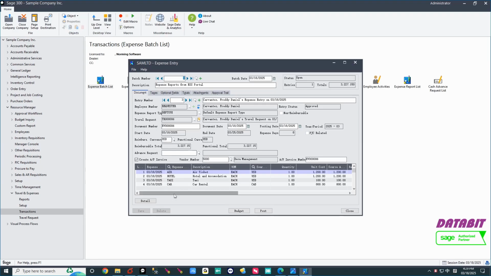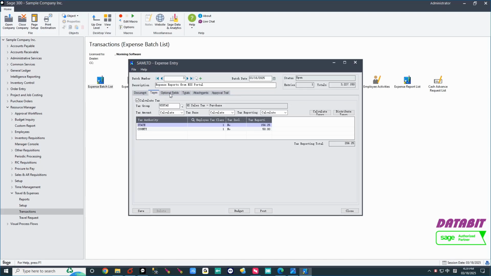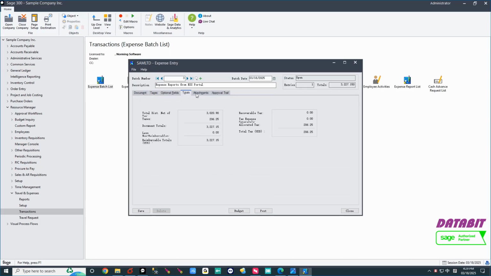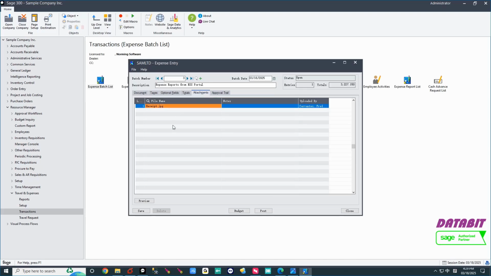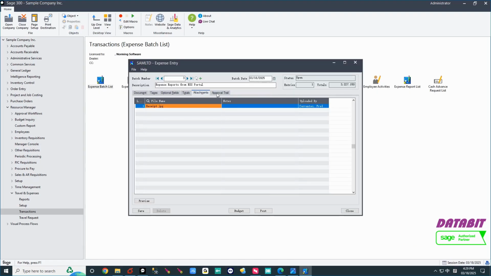And you will find all the expense details like the GL account and the expense amount auto-generated in Sage 300, as well as the tax optional fields, and you can also review the attachment through the backend.